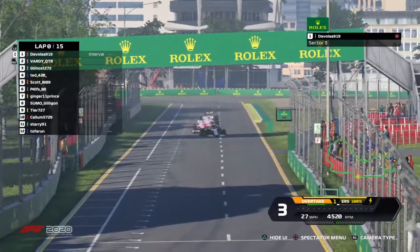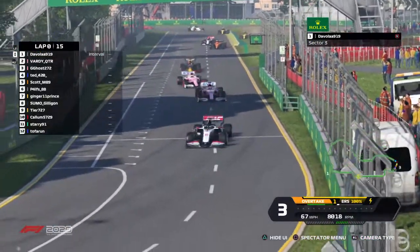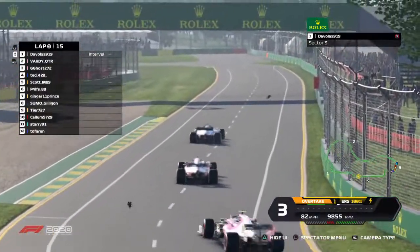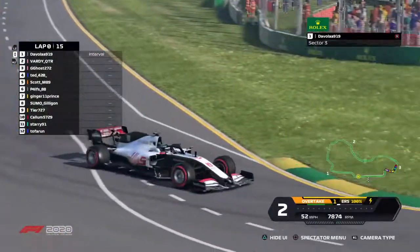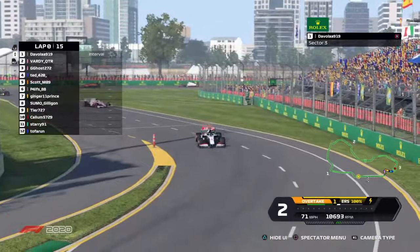A disadvantage, obviously, you're on older tyres for longer, and you have to nurse them a little bit longer. Davila just backing up the pack and warming his tyres up. With an undercut, you pit a lap or 2 earlier. You have fresher tyres sooner, so you can make that time up earlier. You obviously have worse tyres towards the end of the race, but a risk of that is if you do come out in traffic from pitting a lap earlier, then